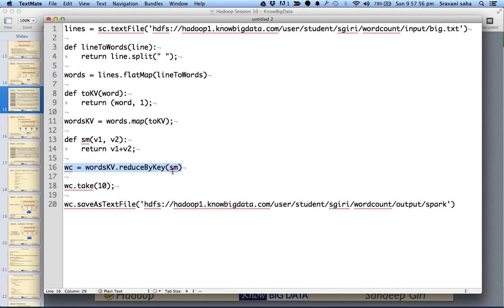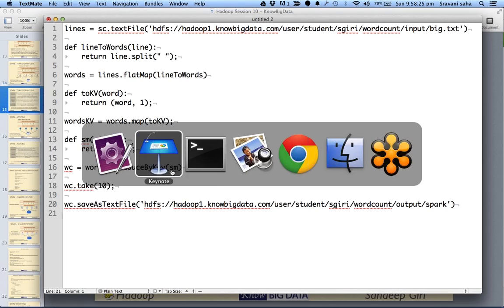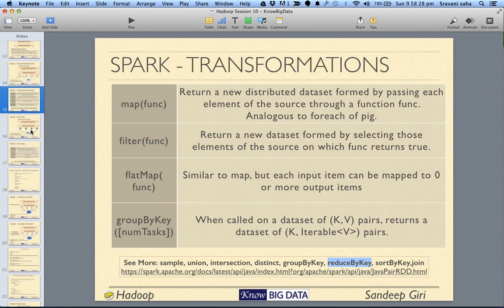And WC will contain the data. All right. So this is clear to you. All right, great. So we unnecessarily did group by, because reduce by key anyway does group by and then applies your function. Any questions here?